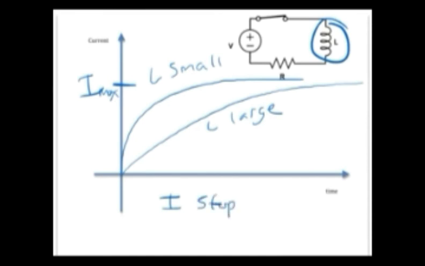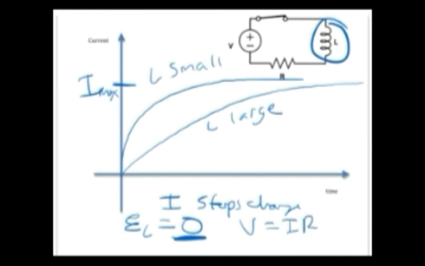Finally, what is I maximum? Well, when the current stops changing, the voltage drop across the inductor is 0, and you understand why it's 0, right? Because it's L di/dt, and if the current is not changing, then di/dt is 0. Therefore you get the equation V equals IR, because the voltage across the inductor is 0. This is all that's left, and so you can see that I is then V over R. All right, there's your LR circuit and a little bit about inductors.